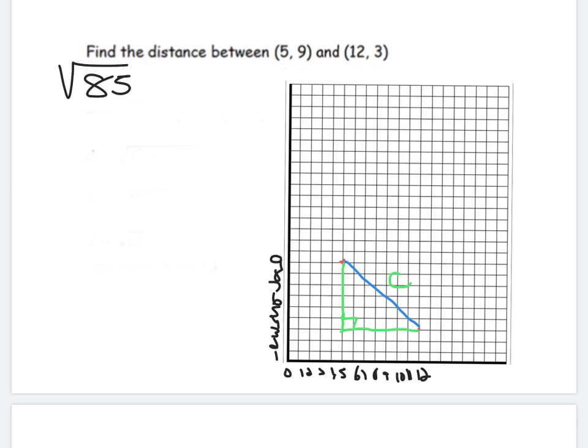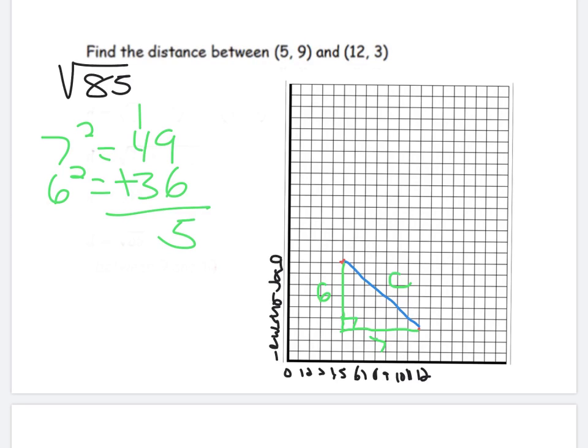So we can now count the distance that each side of those are. So from going up, I have 1, 2, 3, 4, 5, 6. Going across, I have 1, 2, 3, 4, 5, 6, 7. So because we're missing side C, I can take the values that I know, 7 and 6, and I can square them. So 7 squared is 49, 6 squared is 36, and because it's C, I can add them together. So 9 and 6 is 15, carry the 1, 4 and 1 is 5, plus 3 is 8. And remember, the last thing is take the square root, so I get the square root of 85,